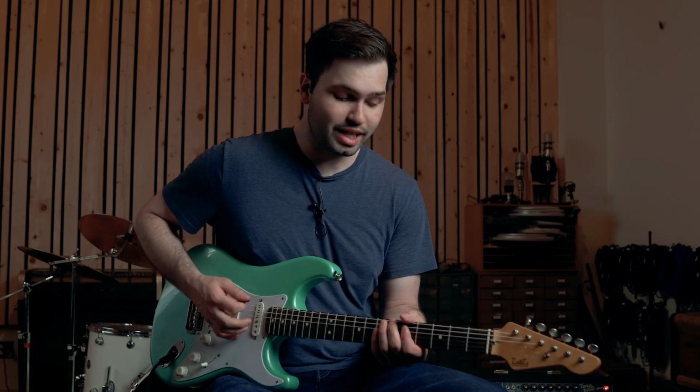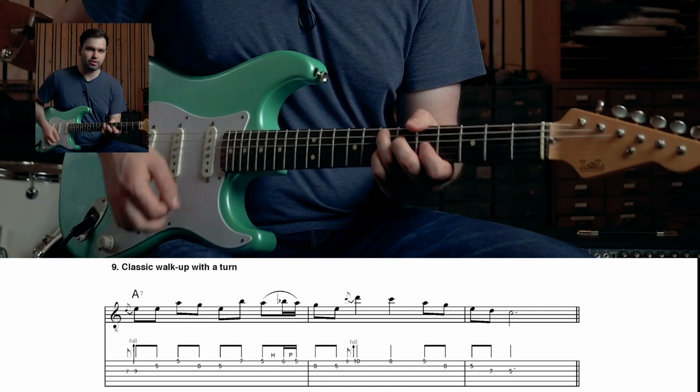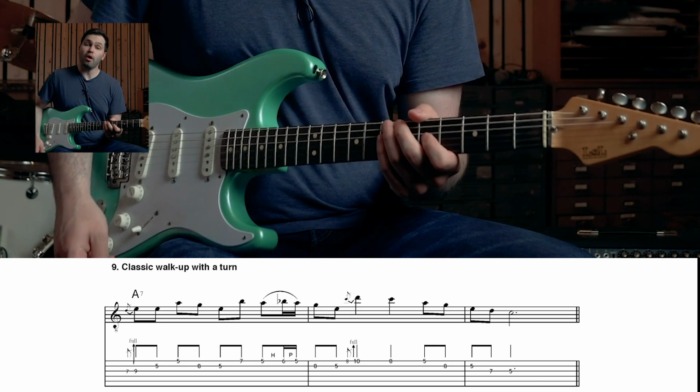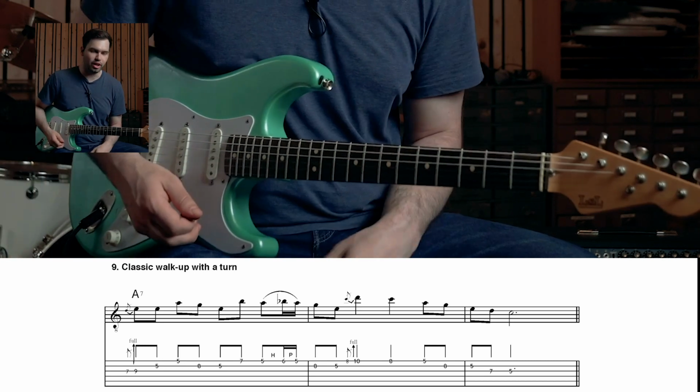So here's a pretty traditional blues lick, more out of the school of like T-Bone Walker and also used by a lot of Texas blues players. Sort of reminiscent actually of Stevie's brother Jimmy. And this one's in the key of A. It's a really good ending phrase. If you're like ending a song, you could use this, although for there, instead of going up to the 5, you'd probably want to end it on the root note,